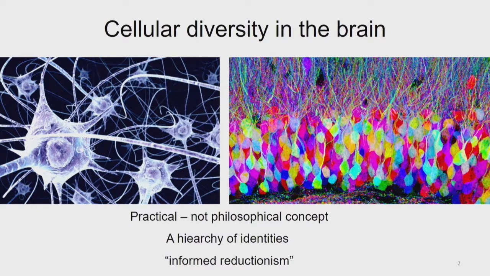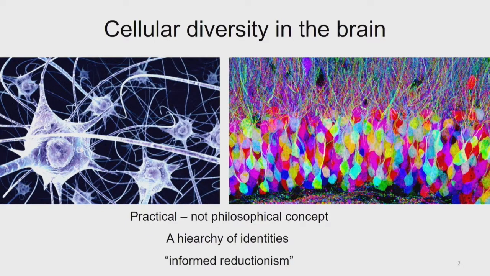What we do in my lab really goes from the assumption that the truth must lie somewhere in between. In order for us to have any chance of making sense of the brain, we need to have some kind of organizing principle behind the cells in the brain. So we think a lot about neuronal subtypes, and I want to point out that this is a practical concept. It does not hold as a philosophical concept, because where do you draw the limit? That makes you crazy, and it can't really be done. But we see it as a practical concept.